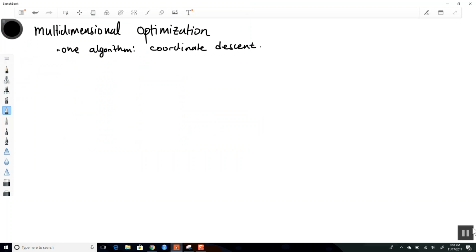There's lots of optimization methods. You can just go to Wikipedia and type in mathematical optimization, and there's going to be a ton of things. We'll just look at coordinate descent because